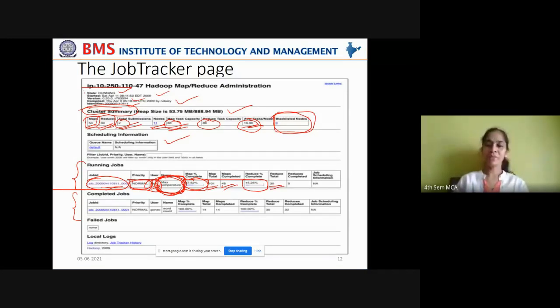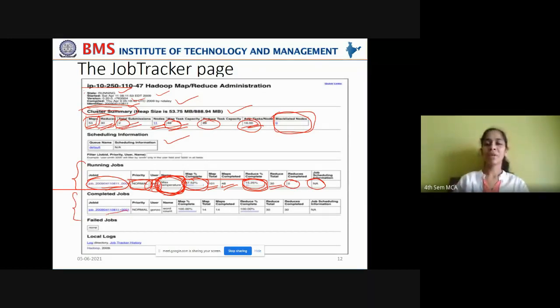And you can see here reduced tasks. Total reduced tasks are 30 and number of reduced tasks still they haven't reported to this user interface. That is why the reduced task completed is very minimal here. Okay, it may be around 1 or 2 reduced tasks completed, but still it is not reflecting in this user interface. So it is giving the minimal amount of reduced task percentage that is completed. Again, job scheduling information, it is not applicable here.